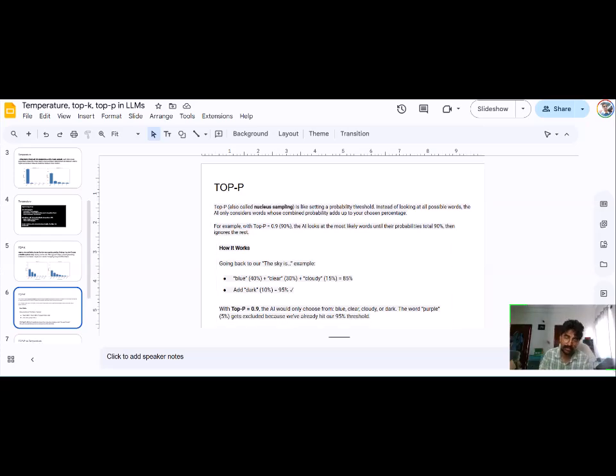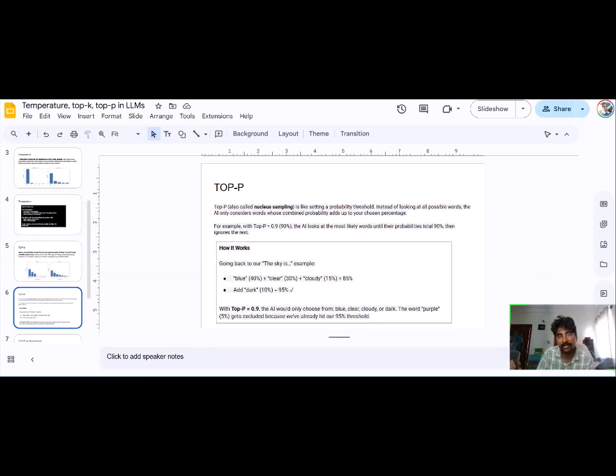The threshold is top P. P is the threshold, and it varies from 0 to 1 because probability is always 0 to 1. Softmax output is also 0 to 1. So you want the number of tokens where the cumulative probability would be